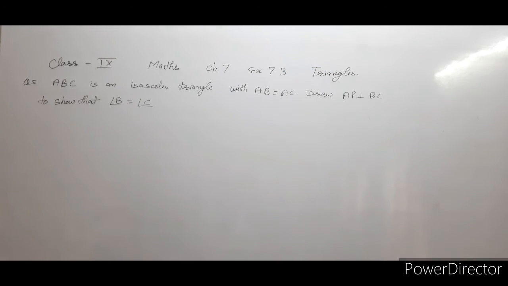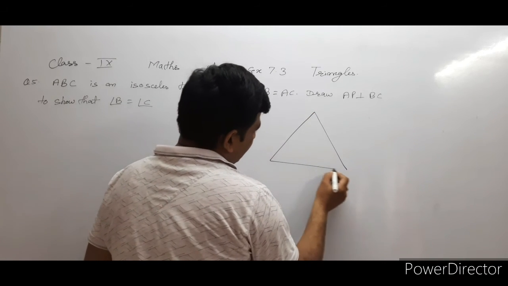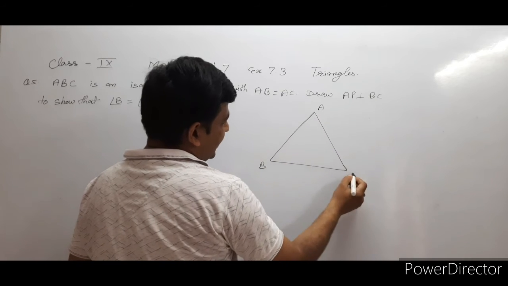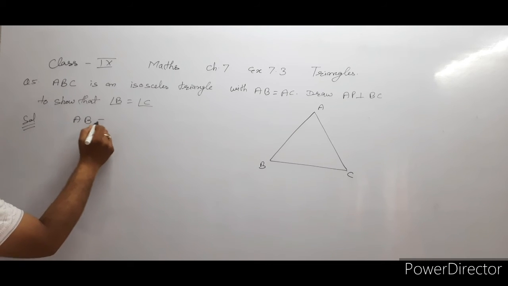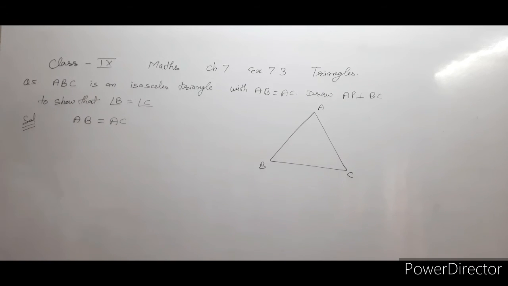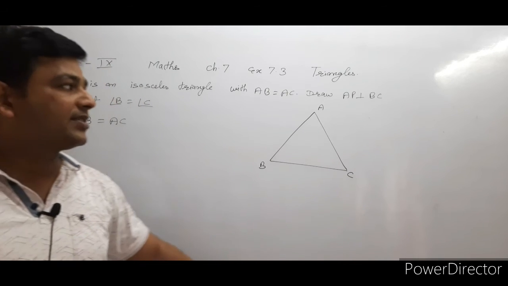Question number 5, it's given that ABC is an isosceles triangle with AB equal to AC. Draw AP perpendicular to BC to show that angle B is equal to angle C. So a triangle ABC, which is an isosceles triangle, it's given that AB is equal to AC. As we know that in isosceles triangles, if AB is equal to AC, then angle B is also equal to angle C. But we have to prove these two angles are equal,